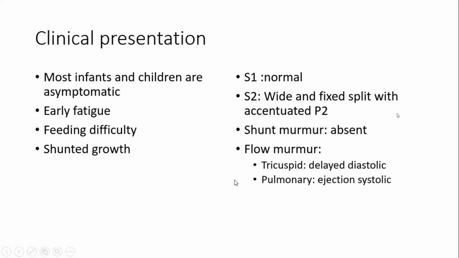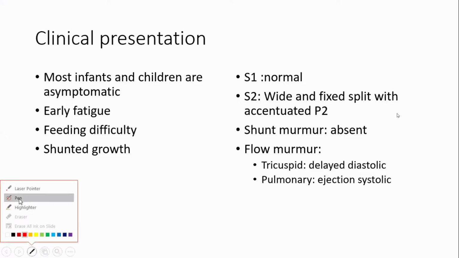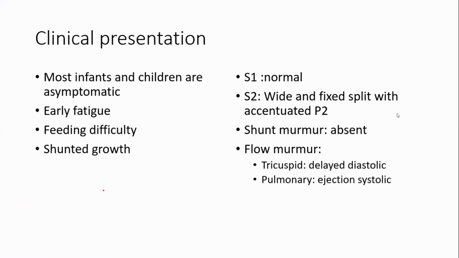Okay, let's talk about it one more time. So what happens to the first heart sound? First heart sound is normal because we do not have increased blood flow through the pulmonary trunk. There is no definitive murmur in the first heart sound. And now the second heart sound: because there is increased blood flow, the P2 component, because the second heart sound has two components, A2 and P2. So P2 will be accentuated because of increased blood flow in the pulmonary trunk, and there is no variation in the